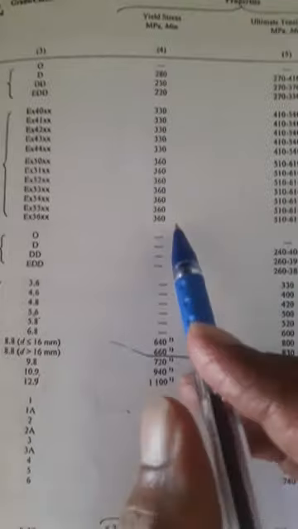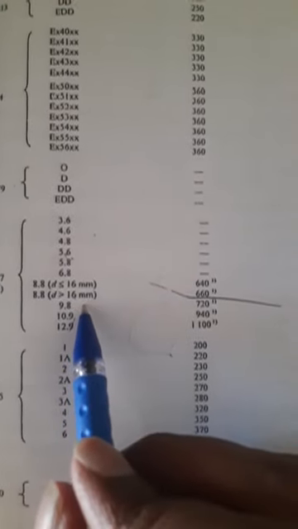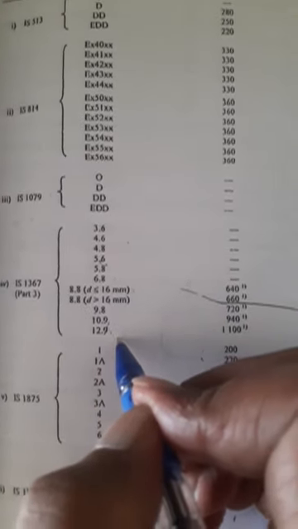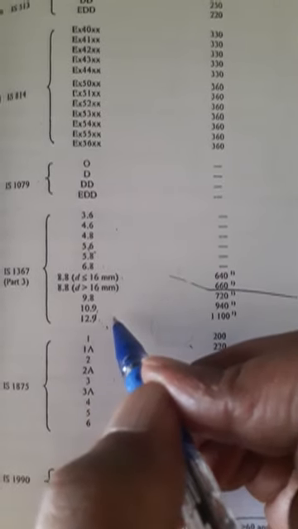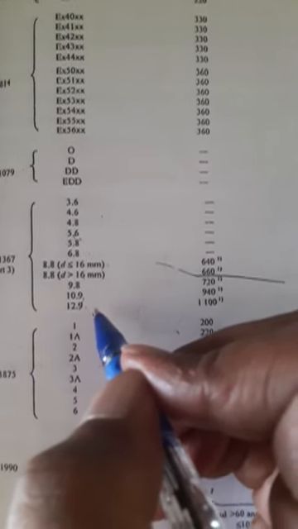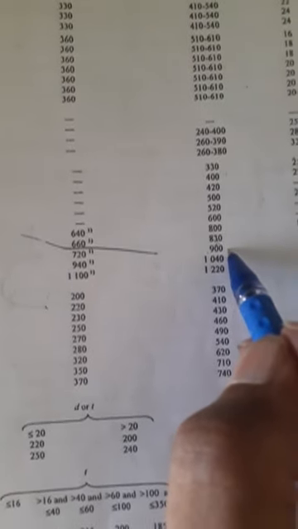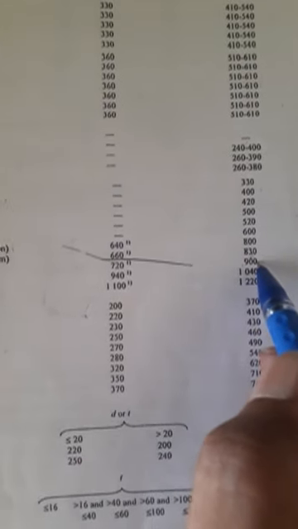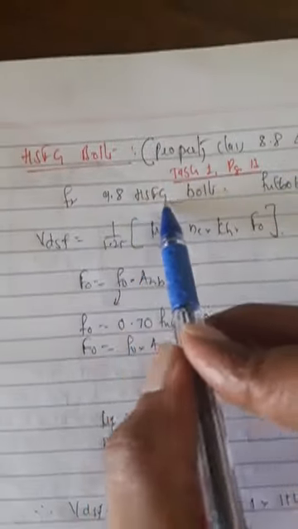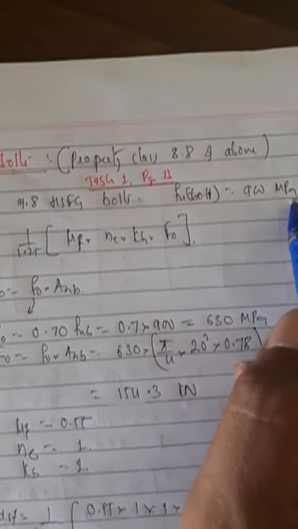Again, for case 2, for HSFG bolts, refer to table 1. I have given here 9.8 property class. All the bolts 8.8 and above, these types of bolts are called HSFG bolts. To calculate strength of HSFG bolt, you need to refer to different equations. Now for 9.8 bolt, FU for bolt material is 900 MPa. Take down this value. For 9.8 HSFG bolt, FU for bolt is 900 MPa.